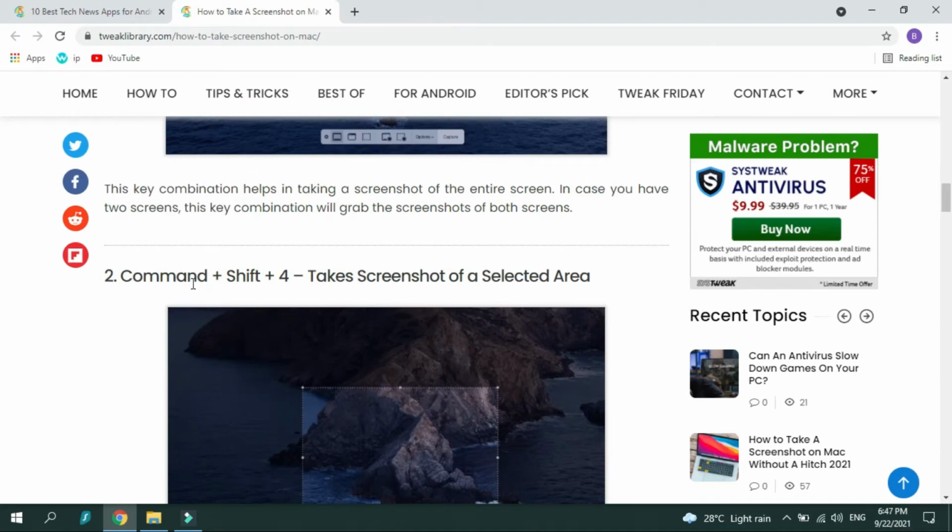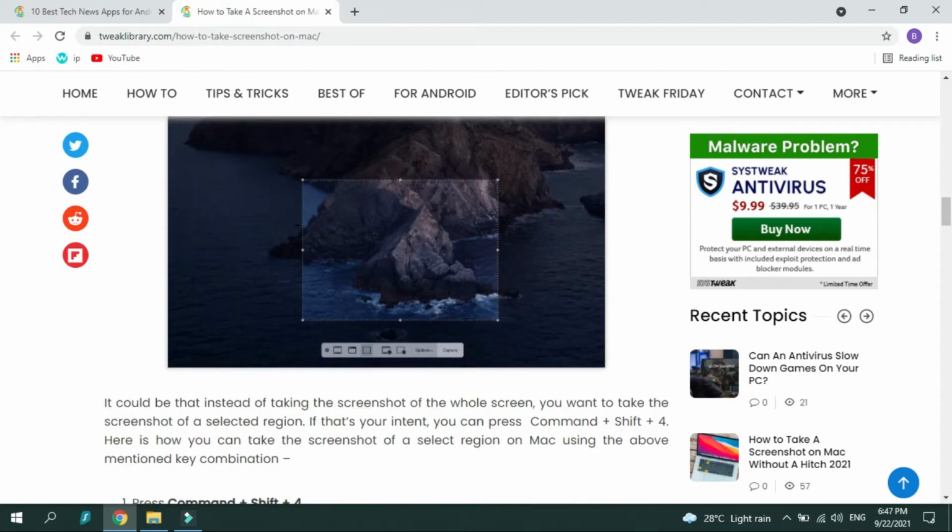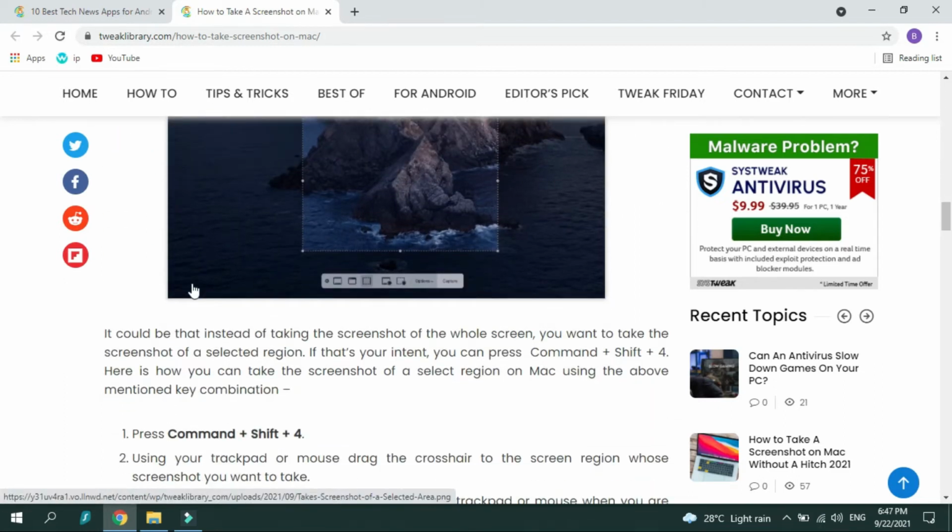Number 2, Command plus Shift plus 4 takes a screenshot of a selected area. It could be that instead of taking the screenshot of the whole screen, you want to take the screenshot of a selected region. If that's your intent, you can press Command plus Shift plus 4. Here is how you can take the screenshot of a selected region on Mac using the above mentioned key combination.